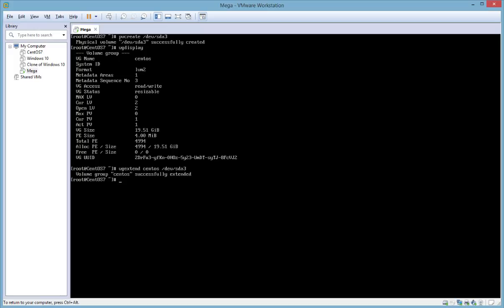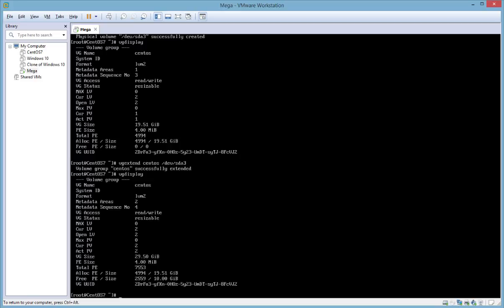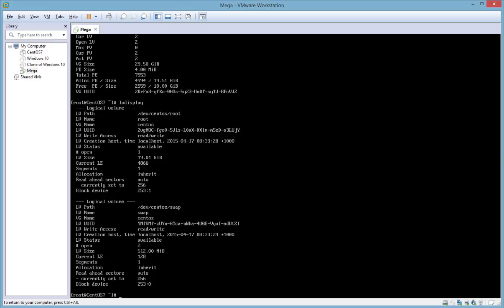So as you can see, volume group CentOS successfully extended. Now if we run the vgdisplay command again, we can see that the free space is now 10 gigabytes. So that space is now in that volume group, and it can be assigned to logical volumes that exist inside of that volume group. So if we run an lvdisplay command, we can see the logical volumes that we